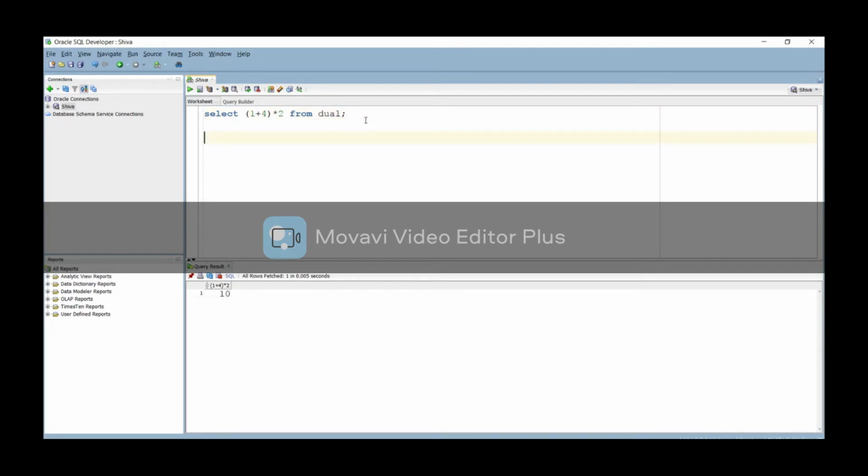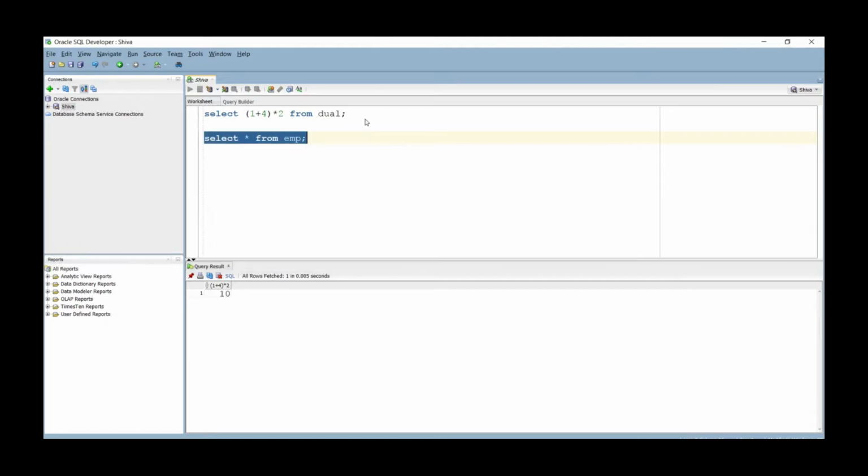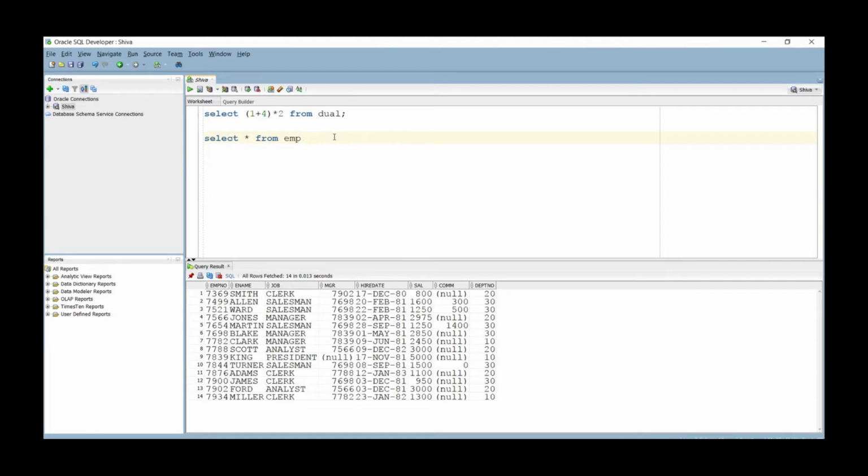Suppose we have select star from EMP, this table. We can use arithmetic operators anywhere, including the where clause.